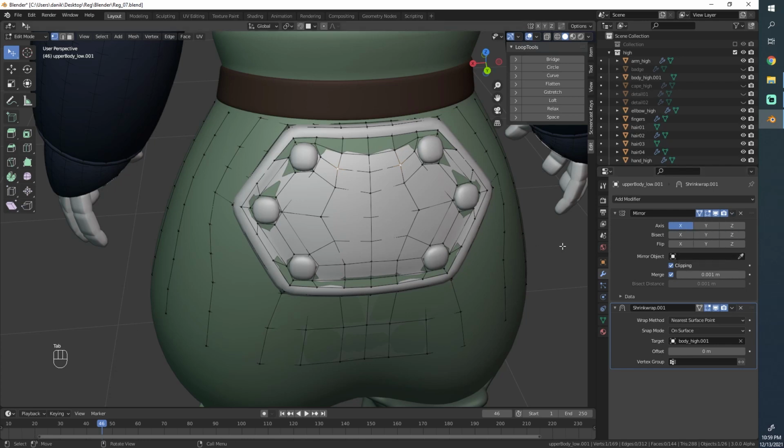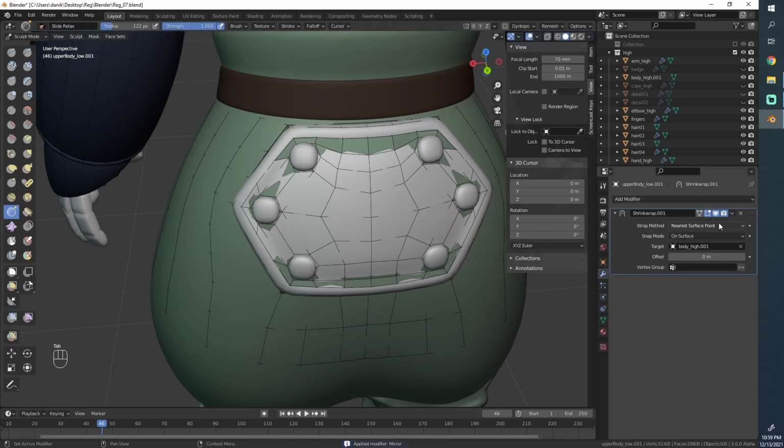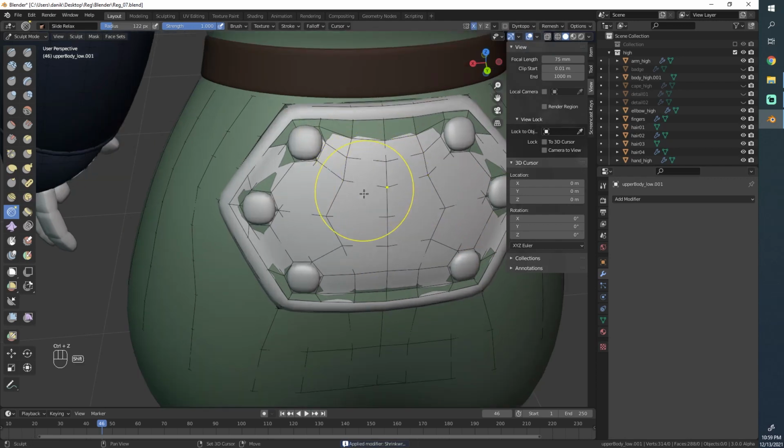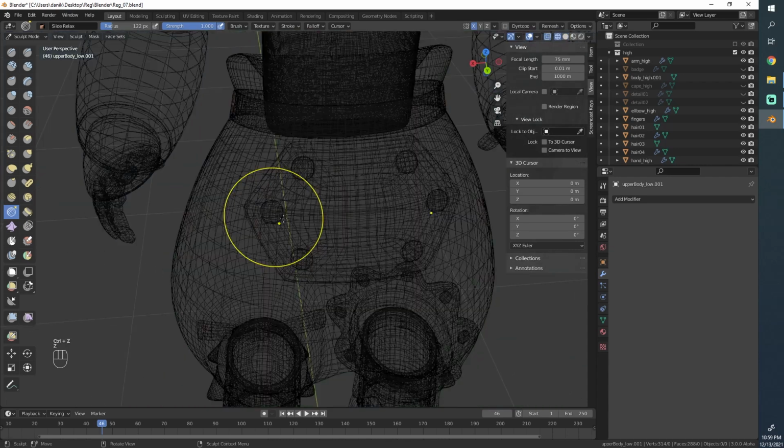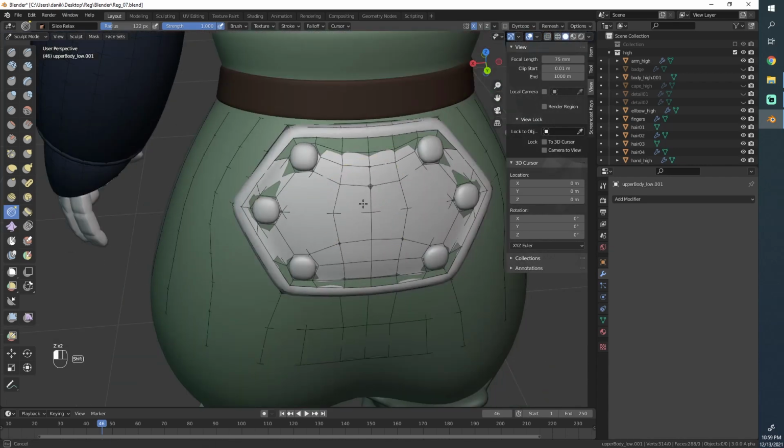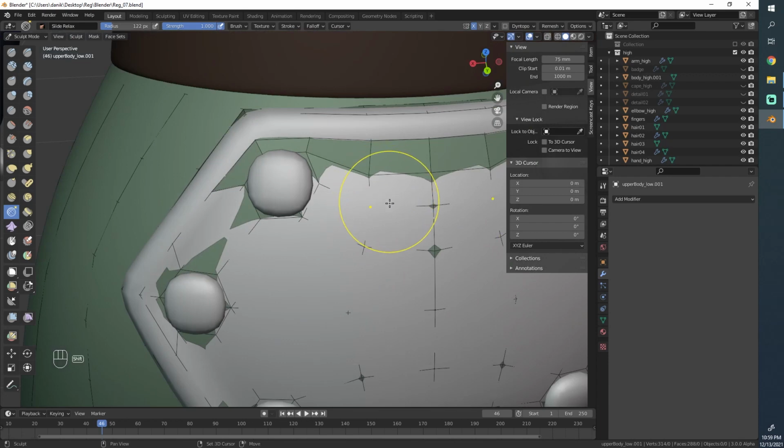Let's just apply mirror for a second. In object mode, apply mirror, apply shrink wrap, and now I'll do this. Select X symmetry and do that. I think we had to do that just to get proper calculation here. So it seems that it is actually more relaxed in this state.